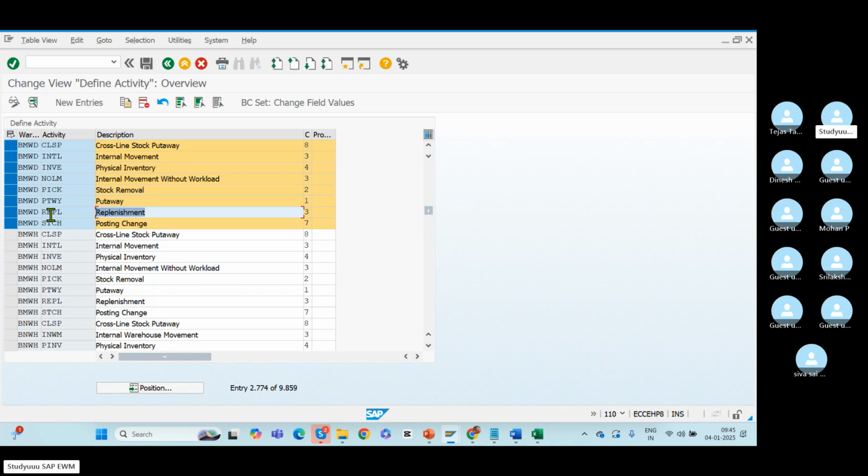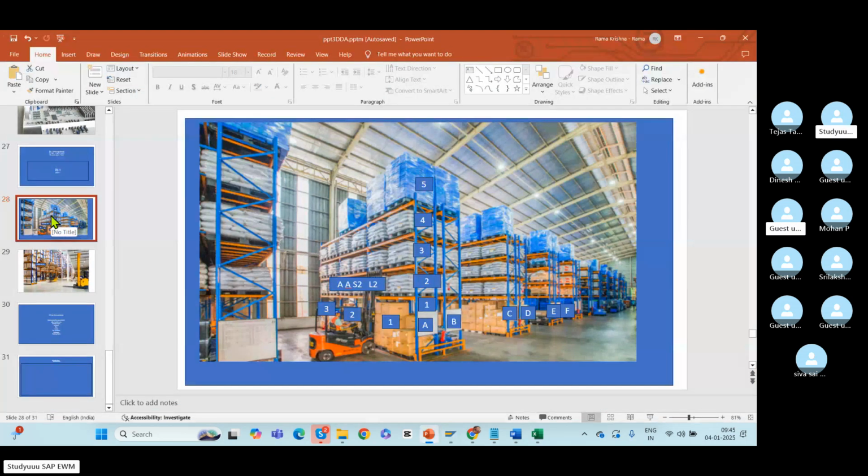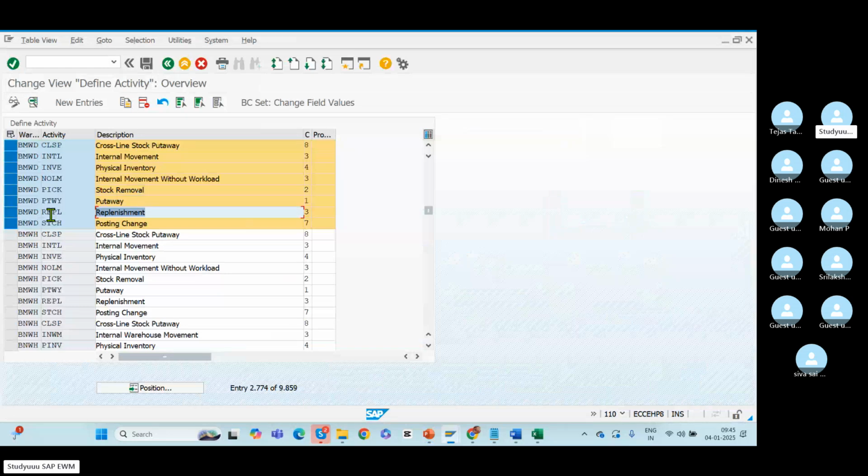Am I clear? In the warehouse, all these activities will take place normally. What is replenishment? Replenishment, as I told you,